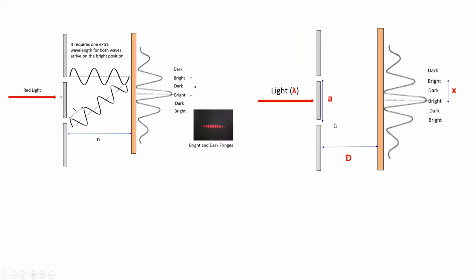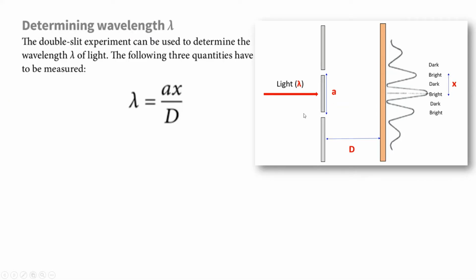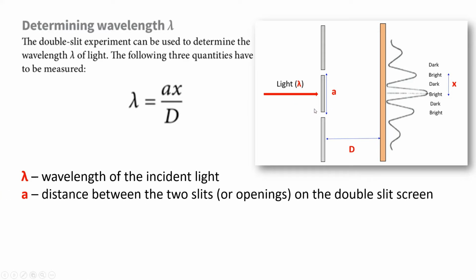Now, let's understand all the variables involved in double slit problems. So here we have the light. It has a specific wavelength. It is going to pass through those two slits. The wavelength of the incident light is lambda, and a is the distance between the two slits